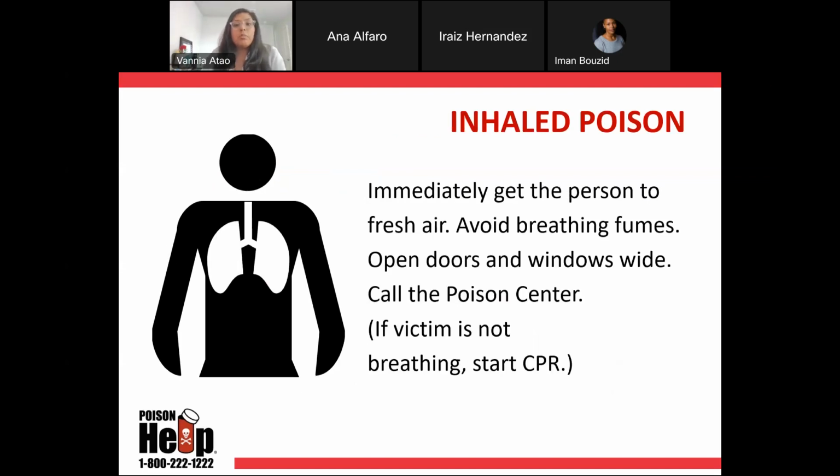If it's an inhaled poison, immediately get the person to fresh air. A lot of the times, if there are fumes, if you're cleaning, or something, an example I always use is carbon monoxide, just going outside and getting fresh air usually does the trick. Avoid breathing the fumes. Open the doors and the windows wide just to get fresh air in, and then call